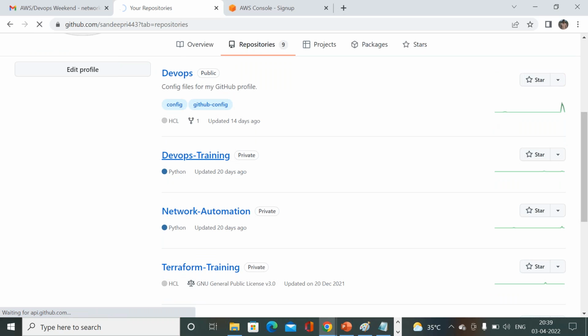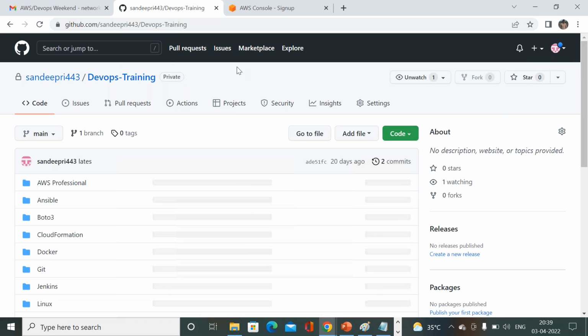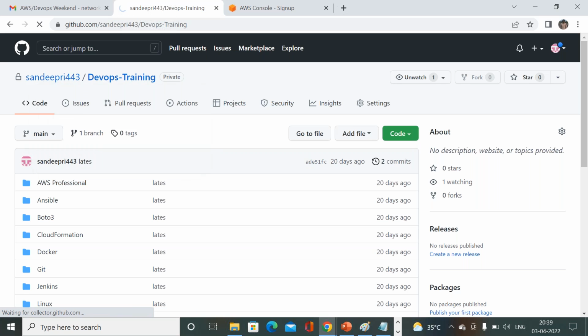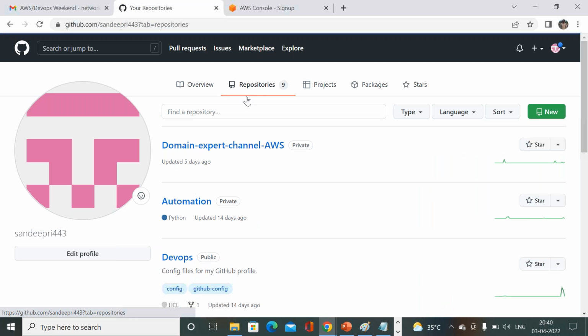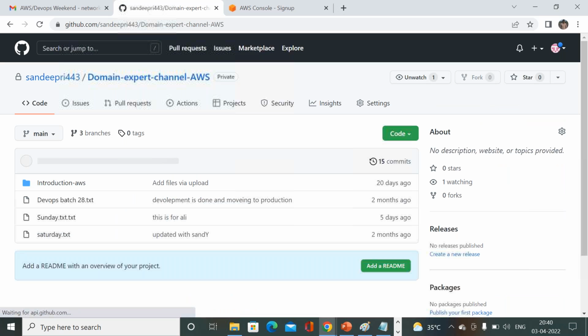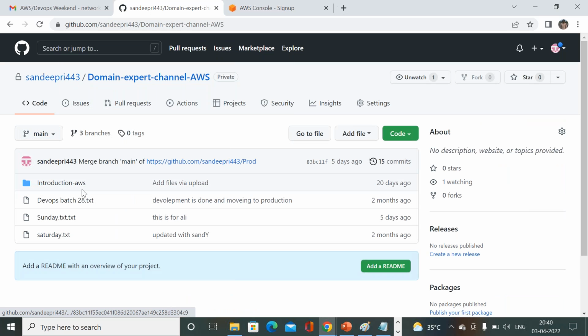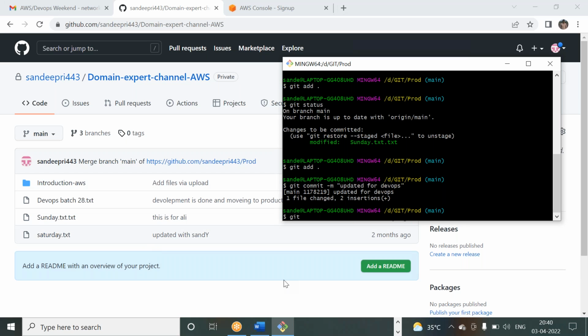DevOps training. Where did I store this? Let me open them one by one. Yeah, I think domain expert channel. This is where I stored my Sunday file. This is a file, right? So if you open my text file,